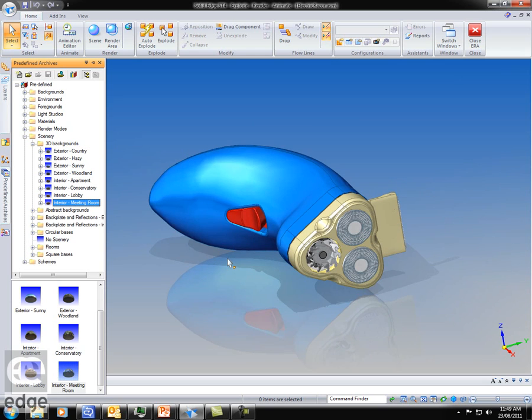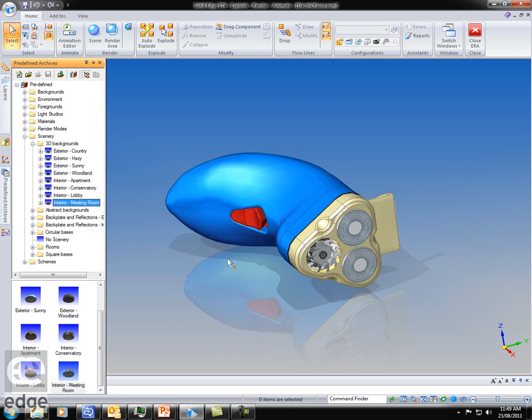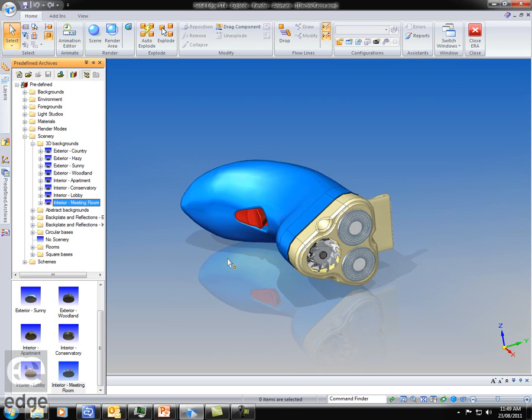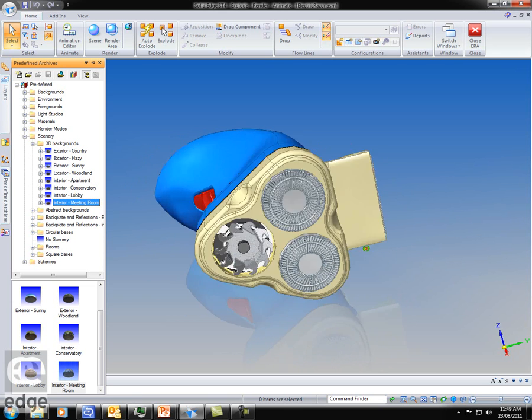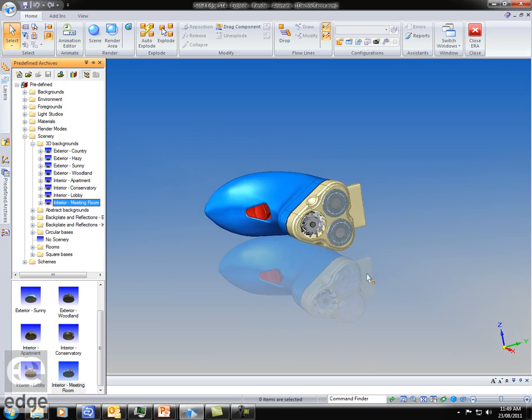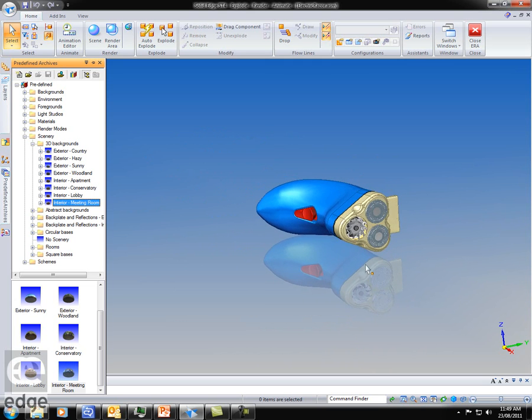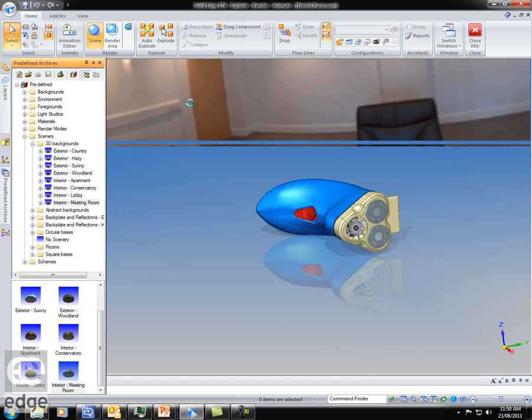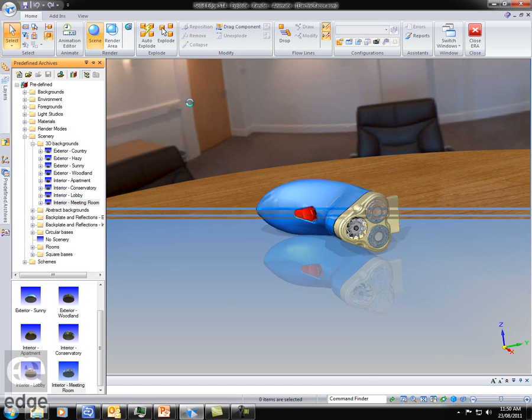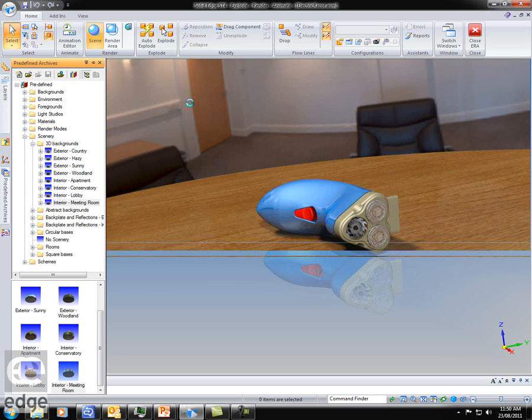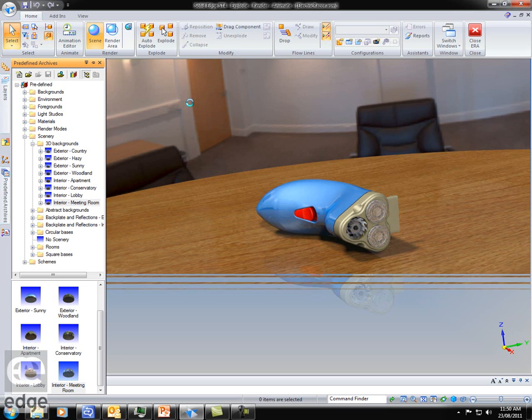So you can see I'm moving that aspect ratio out so that it's like so. But because it's an office space, I'm going to move that a little bit further away, like so. And let's do a scene render on that. And there we see it sitting on an office table or a meeting room table, shadows on the table, reflection